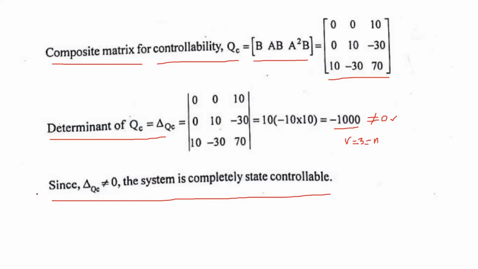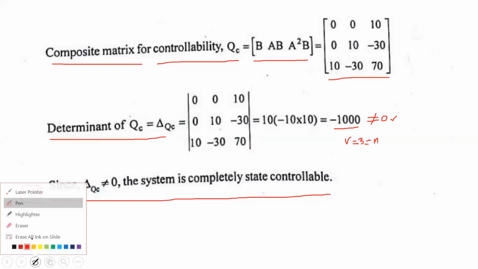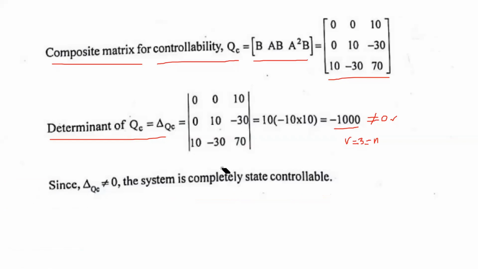This is the most important point regarding controllability. I mean, in designing state feedback control systems, we need to verify whether the given system is state controllable or not. Afterwards, we go through the procedure. So this is compulsory to find the controllability of the given system. If the system is not controllable, then it is not possible to design a state feedback controller, and there is no need to go to that. Sometimes they may ask in the external examination, find the state feedback controller or design a state feedback controller for the given system. Like that, they can ask.